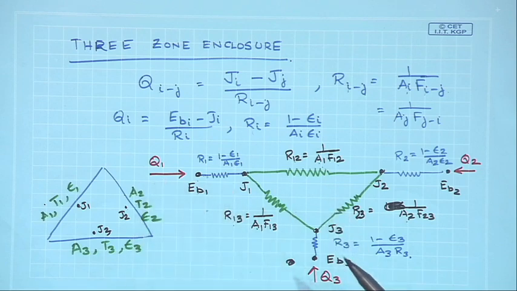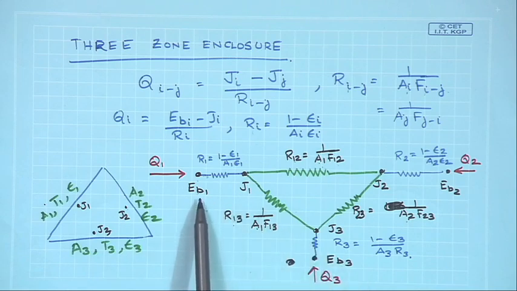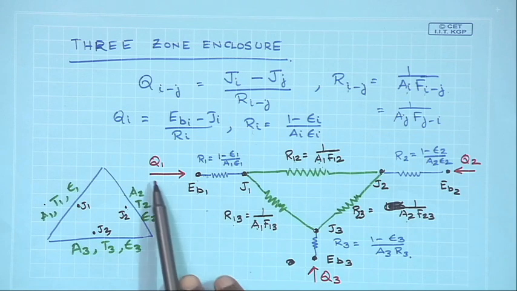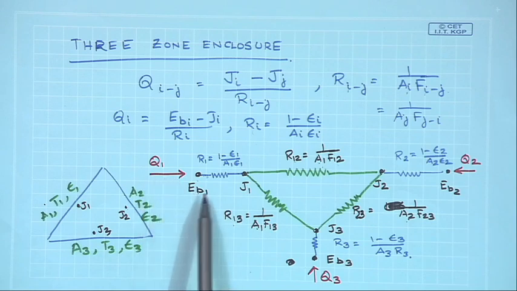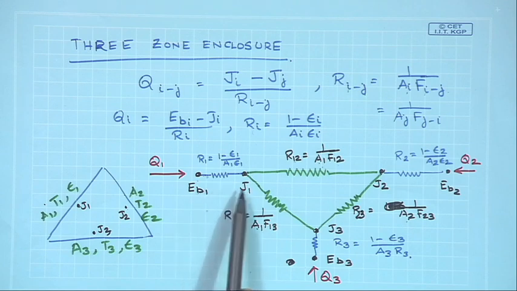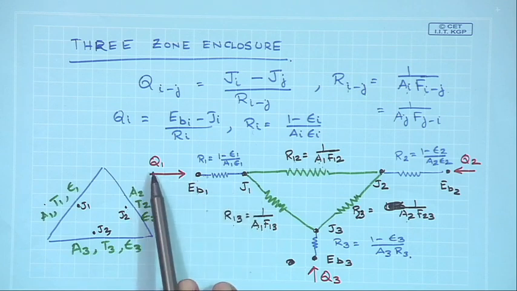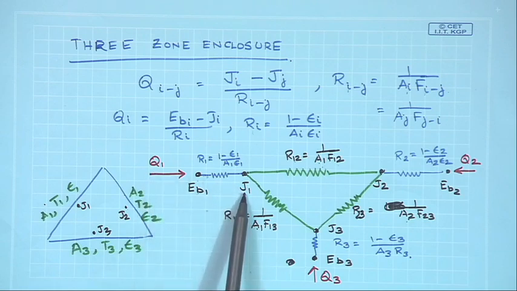0. In the most general case, we do not assume that the body from where the radiation is taking place is a black body. So, there is a difference between the black body emissive power and the radiosity. So, a current, that is an equivalent heat, must flow from EB1 to J1 or J1 to EB1. So, Q1 can be positive or negative depending on whether J1 is less than EB1 or J1 is more